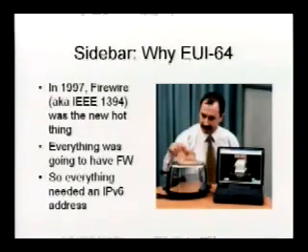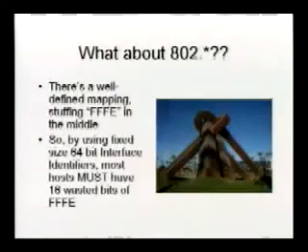Why was it chosen? Well, it was picked in 1997 because FireWire seemed to be the hot new thing, and in order to make it forward compatible and backward compatible, everything should use EUI-64. What about what we're actually using largely on the end networks these days? 802, everything. There's a mapping. They take MAC-48 and they add another FFFE in the middle. So effectively for the vast majority of deployed end devices, 16 bits have been wasted.